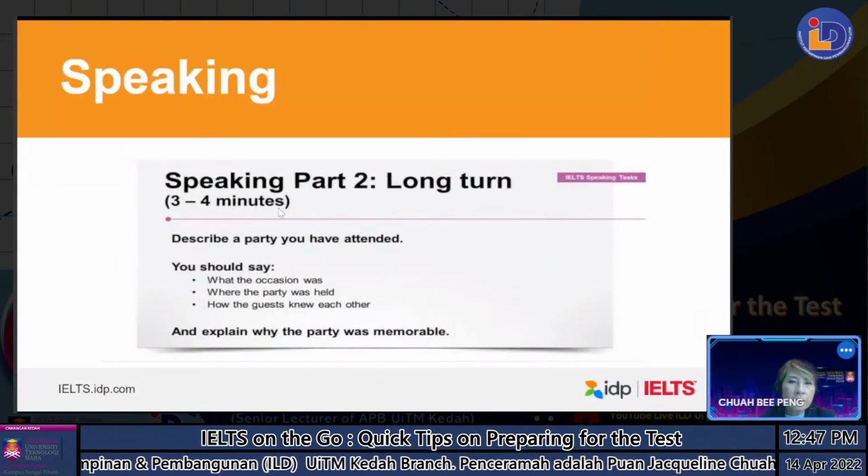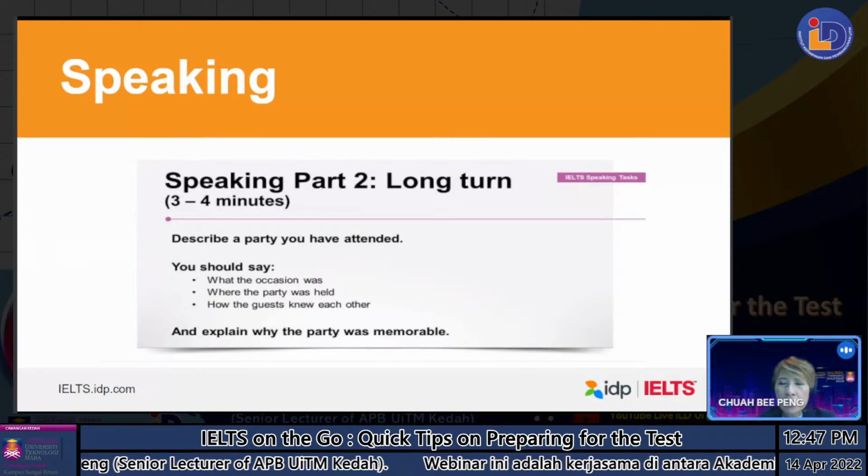For example, here, describe a party you have attended. So you just come up with a party. Now some people say, hey, Miss Jacqueline, what if I've never attended a party? What should I say? I have nothing to say. Don't do that. I'm sure you have watched movies and all this, right? Yes or no? Yes. I'm sure you've also gone and looked at Hyun Bin and Hee Jin's wedding, right? So some kind of party. So you can just describe it. You make it as though it's your own party. Don't worry. Now this is the only part when you're allowed to lie and cheat. Nobody questions you.